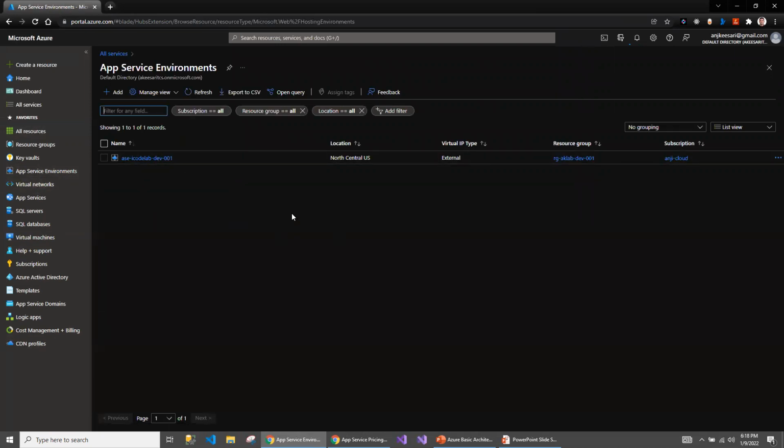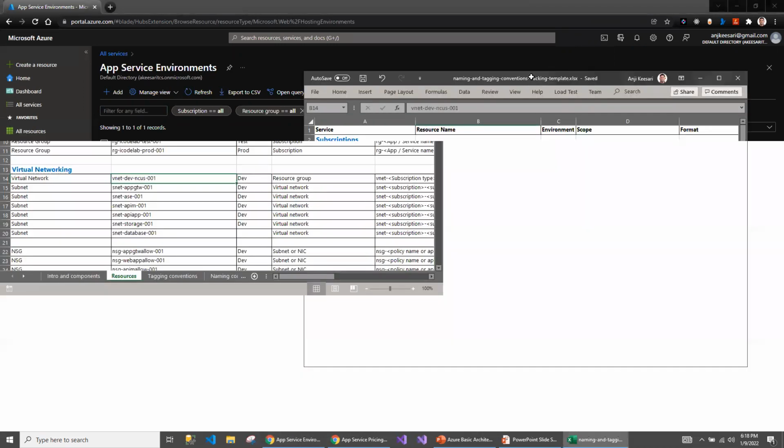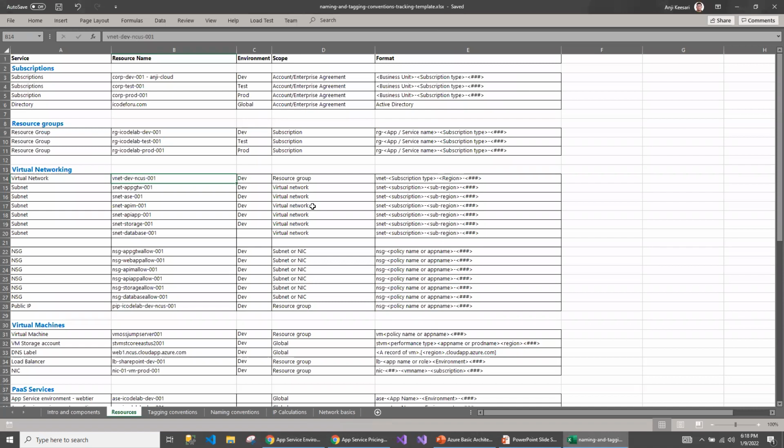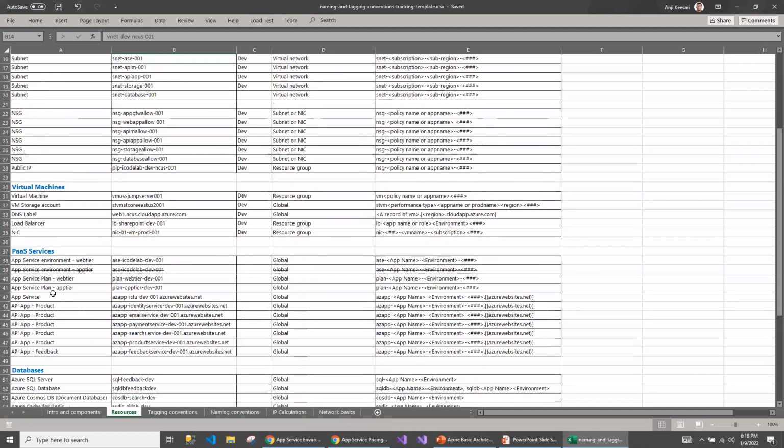Before I create the App Service Environment, I'll quickly show you the plan. For this case study, I'm going to create the Azure app services that are part of the architecture I was showing. I'm going to create one App Service Environment, following the Microsoft naming conventions for these Azure resources.